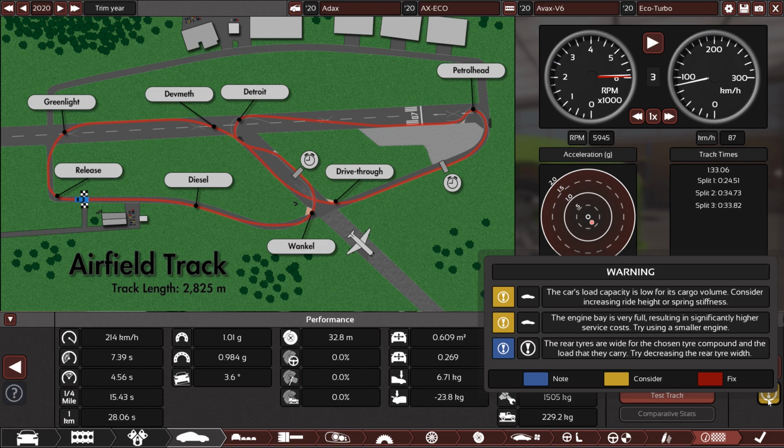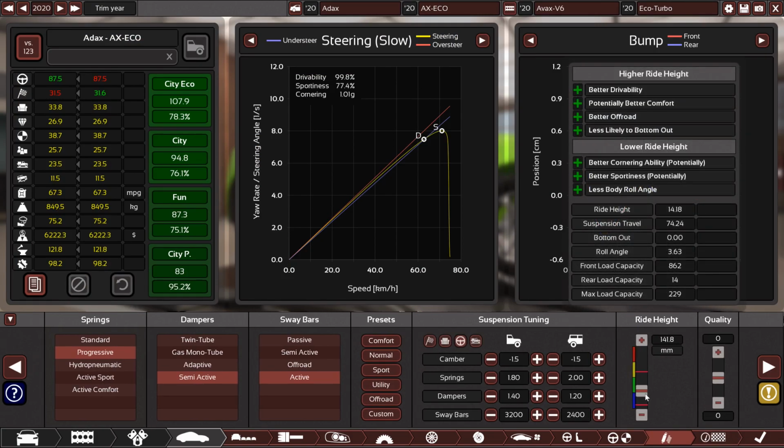This is because we are using an intercooler. I know that this is an error they should fix. And the rear tires are wide. I know that. No one cares about the tires. The car load capacity is low. Let's fix that by increasing